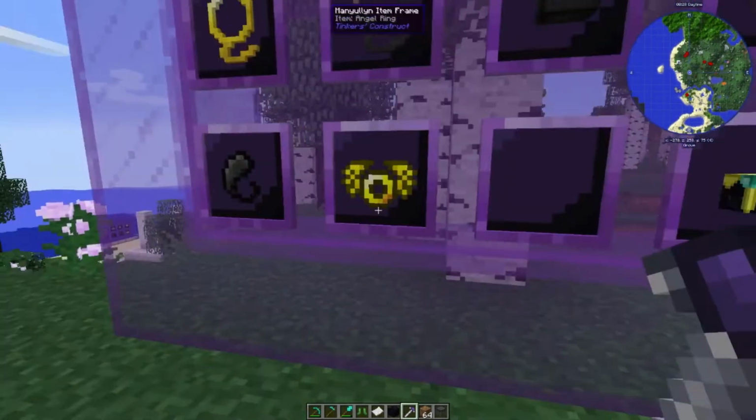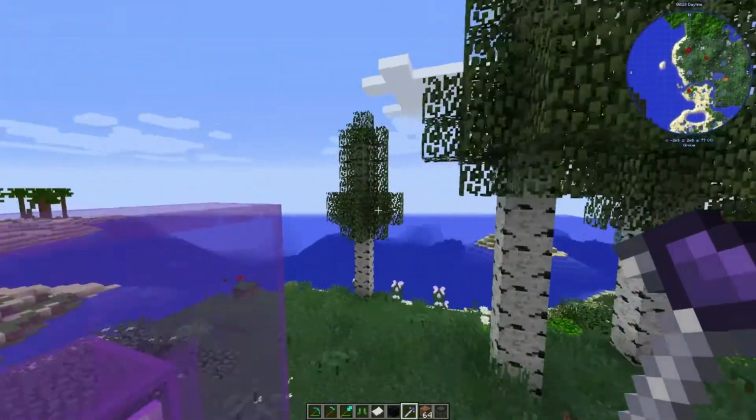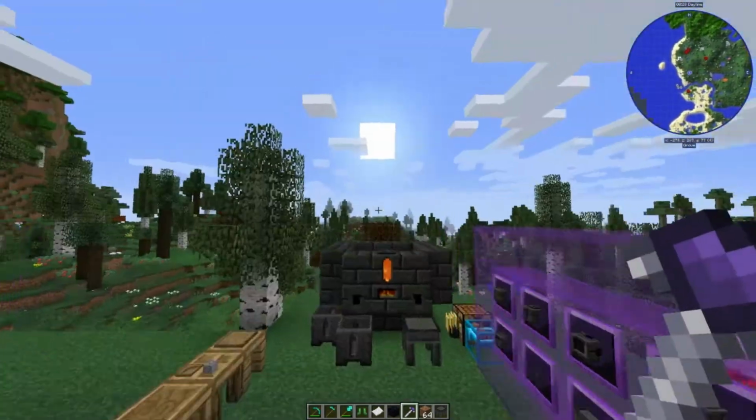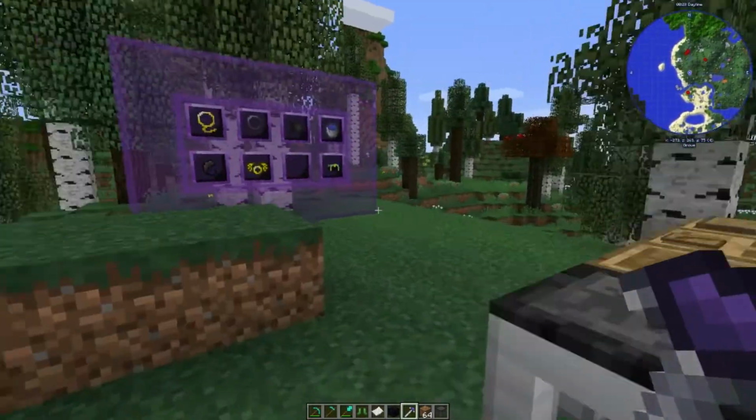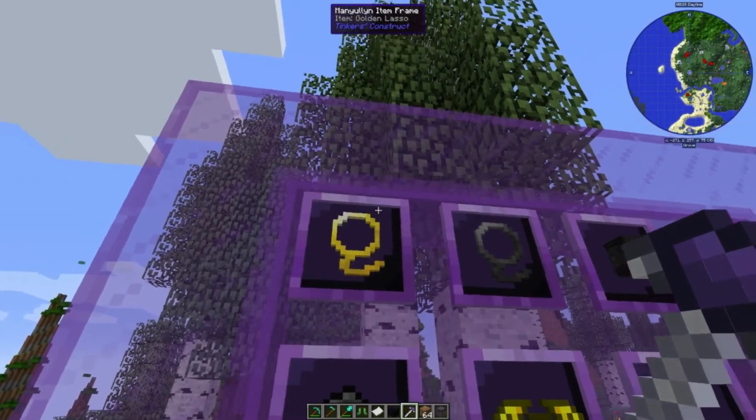Oh, I love you, Tinkers. This thing will grant you creative flight. So literally the exact same as being in creative mode. Just like this, you can fly around and do everything. In order to do it, though, you're going to need to make some golden lassos, and that's why you need